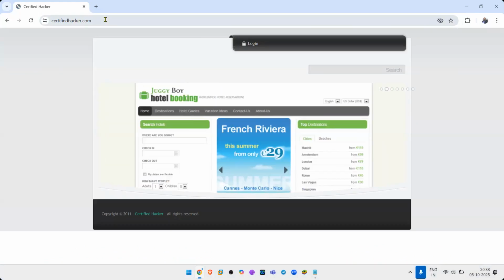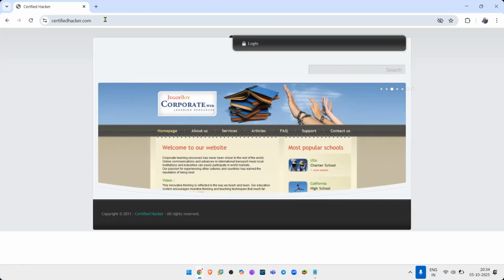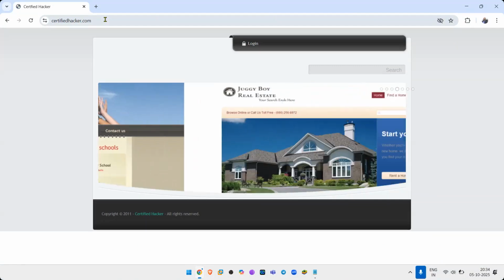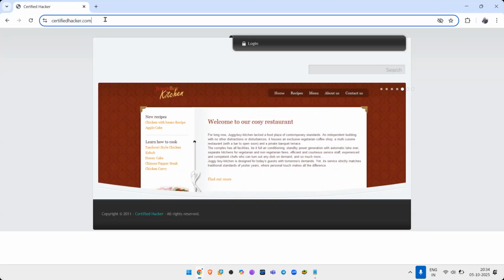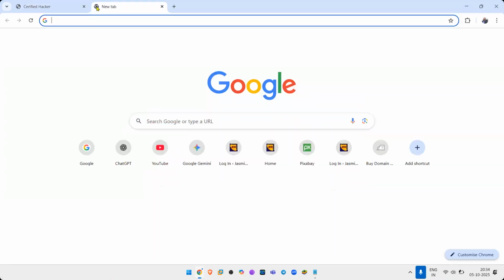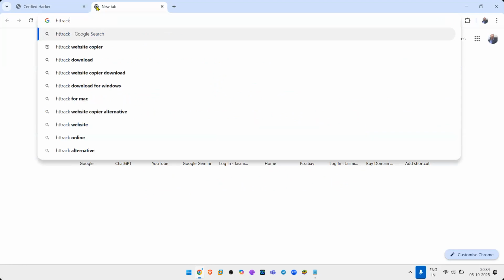These two websites, my website and certifiedhacker.com, are small websites, so it will take us just a few minutes to replicate them. The other websites will take a longer time. The intelipad.com website can take a full day to download. It's a bigger website. My website is pretty small, certifiedhacker.com is pretty small. So what I'll do is I'll go to Google and download httrack website copier.